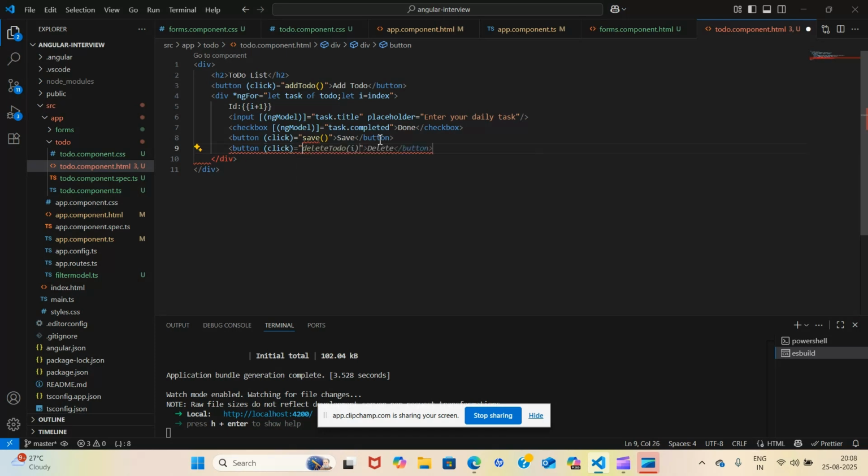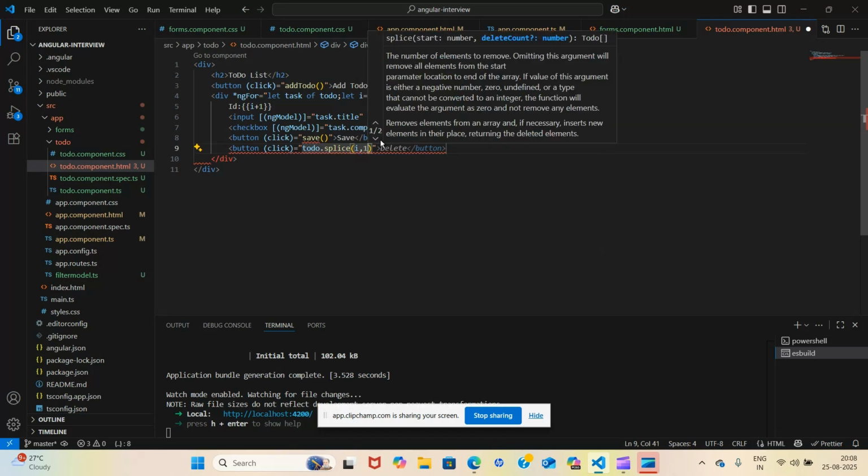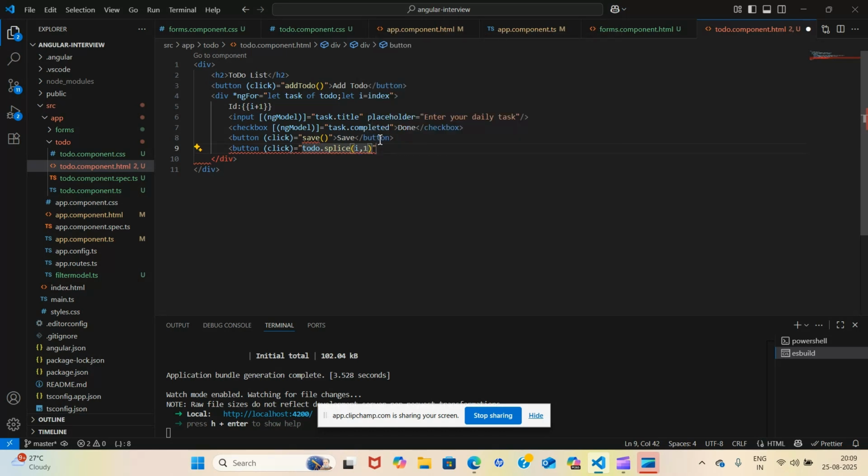Now we know one thing, that for deleting we can do two things. We can either write here because we need to provide a function only, or we can create this function in our ts file also, because it's a small function. For deleting we will use the splice method, so I'll use it here only. So from the todo array we need to remove it, right? So it's splice from this index, and I want to just remove this particular task if it is not needed. So here delete, it should be fine, right?